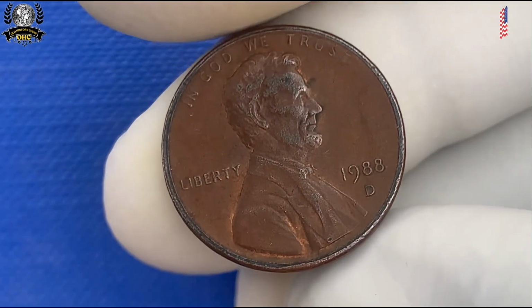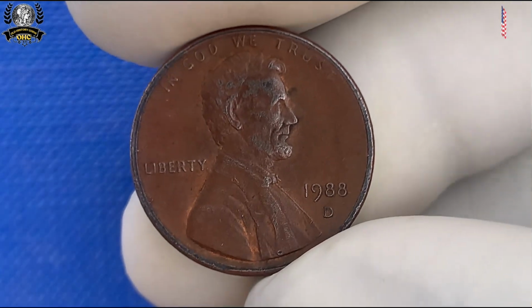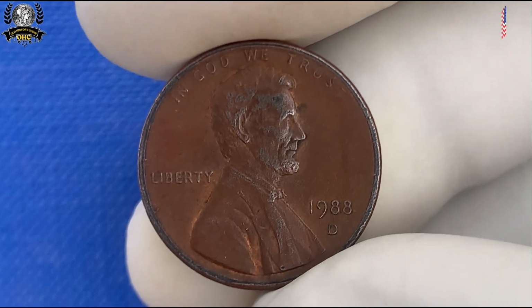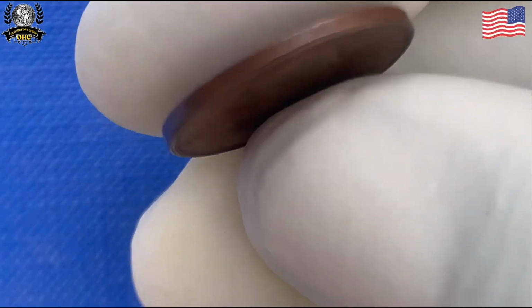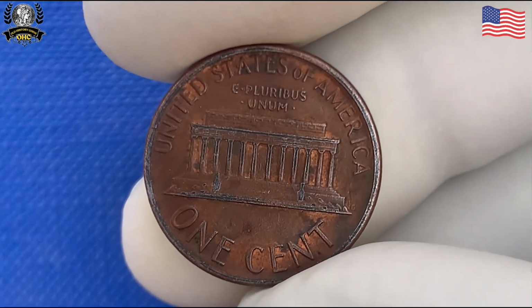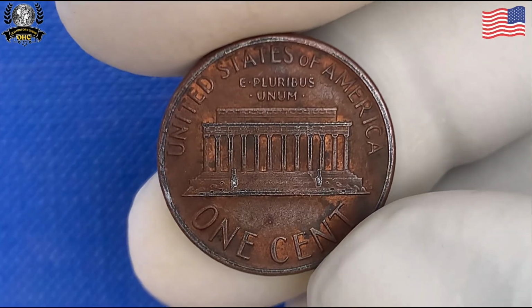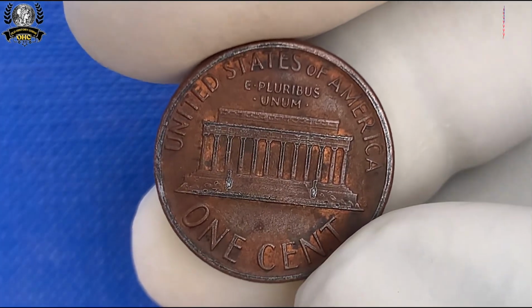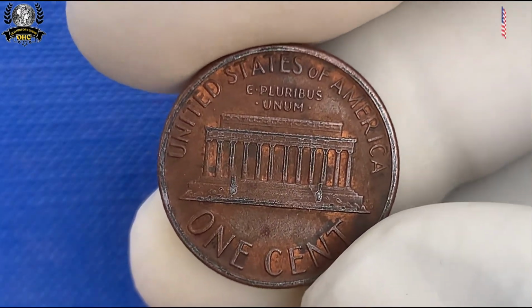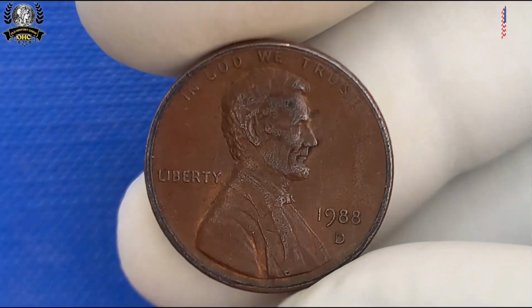The 1988 Lincoln penny, like other coins of the era, was struck at the U.S. Mint facilities in Philadelphia and Denver, with the Philadelphia Mint producing coins without a mint mark, and the Denver Mint adding a small D on the reverse of its pennies. The 1988 penny, however, would not be known for any drastic design changes or errors that might have caught the public's attention. It wasn't a year of big commemorations or special editions. In many ways, the 1988 penny was a standard issue, circulating among millions of people,